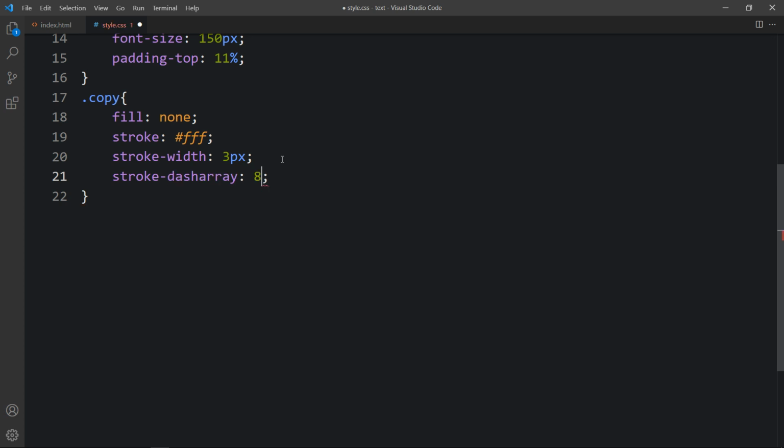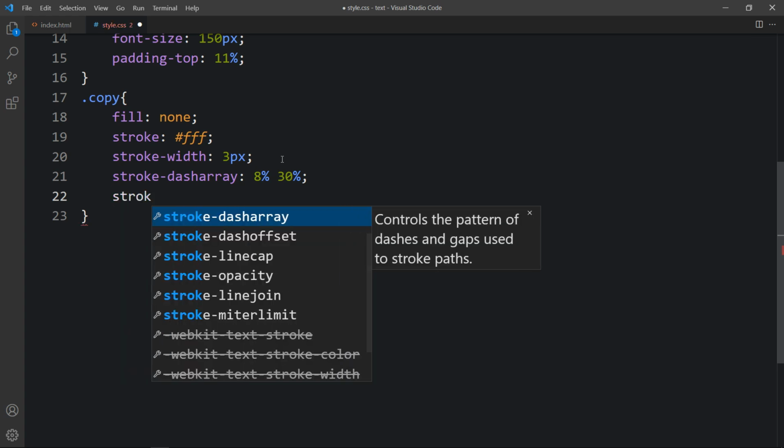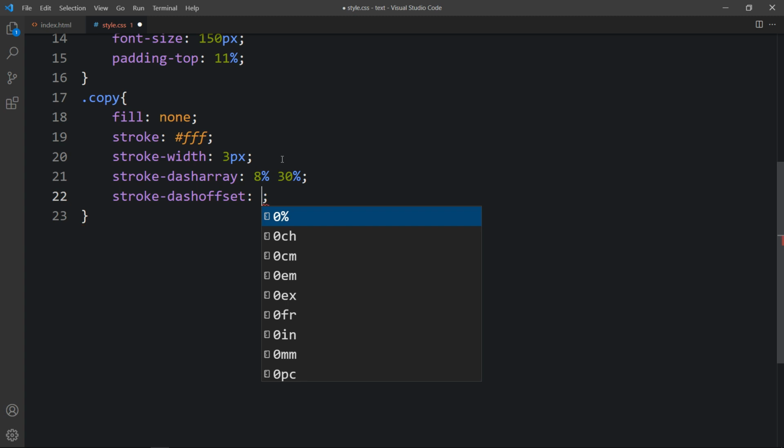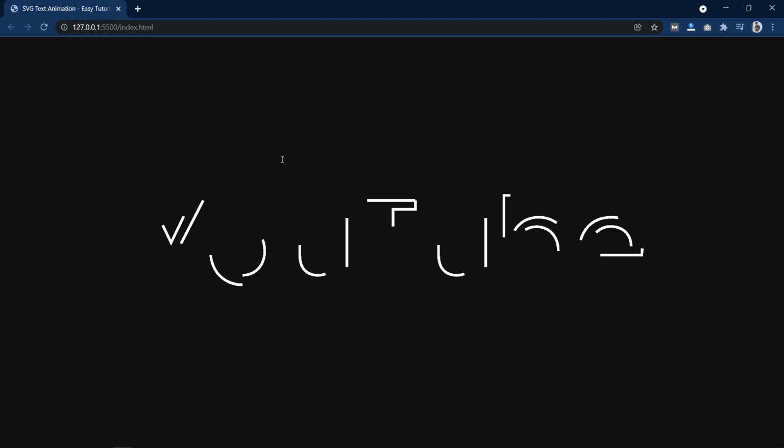It will be 8% and 30%. After that we will add stroke dash offset 0%. You can see the text is broken.